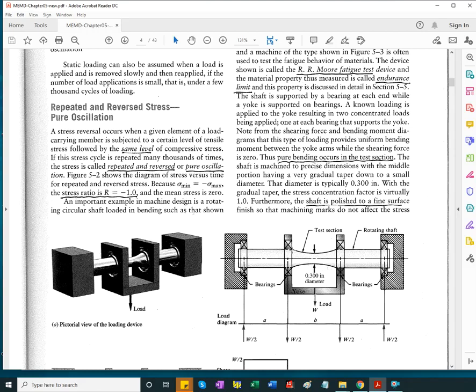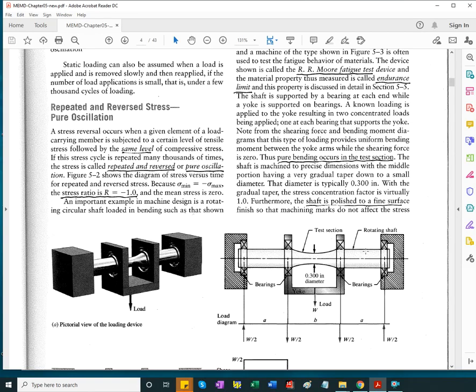The specimen is prepared to look like an hourglass, with a minimum diameter of 0.3 inches or 7.62 millimeters, mirror polished. It's supported at two ends, and then there is a yoke and a load, and this load can be set to chosen values, and then the specimen is rotating, and the number of rotations is counted